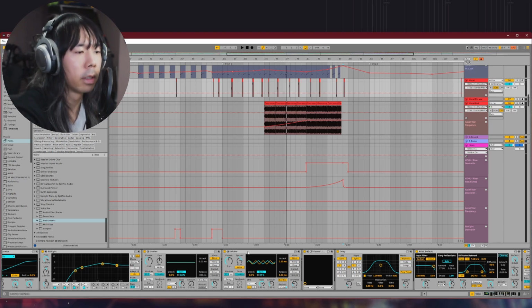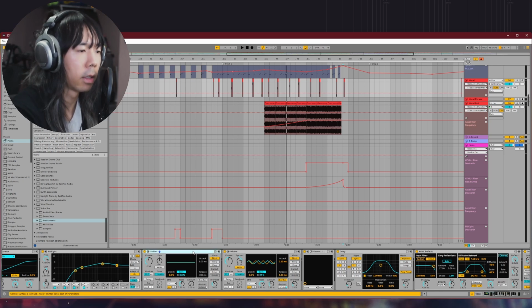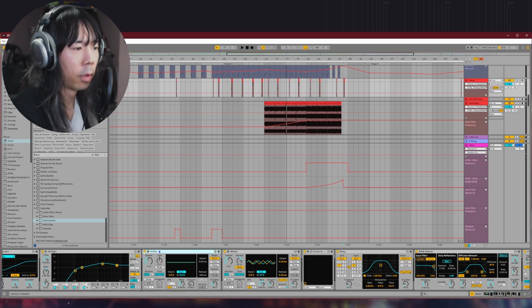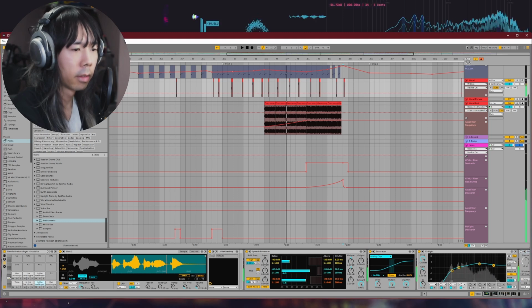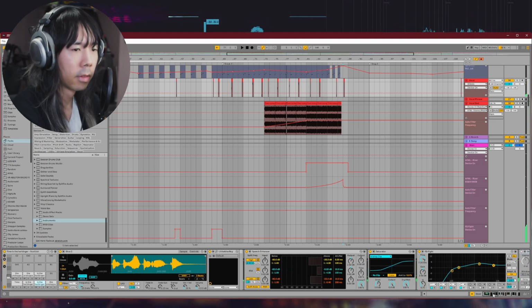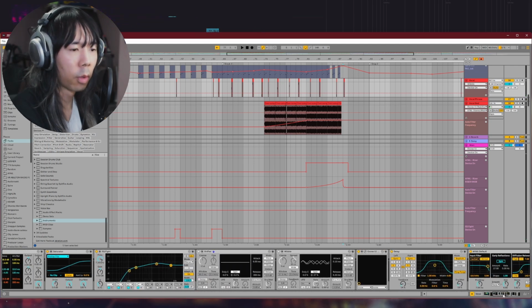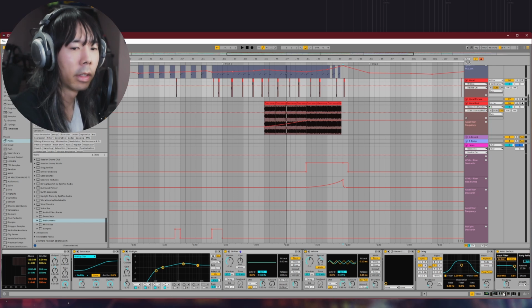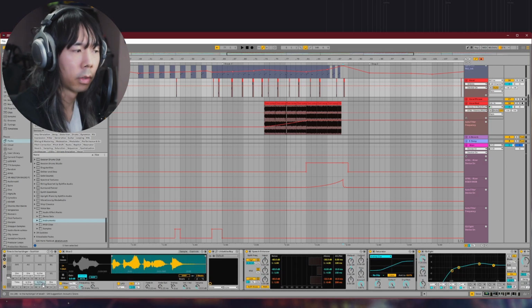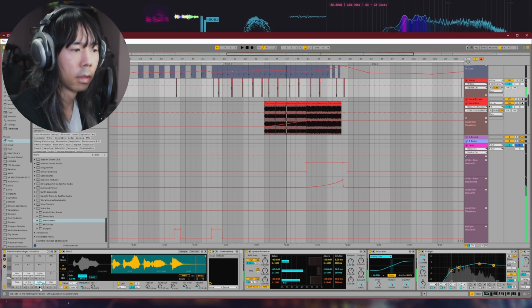I think wibble is a preset of shifter, and I just played around with the settings here along with shifter. Without shifter and wibble, it sounds normal-ish, right? Sounds like a normal person talking. And then when you turn on the shifter and wibble,